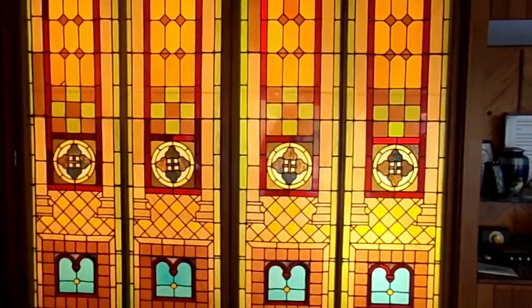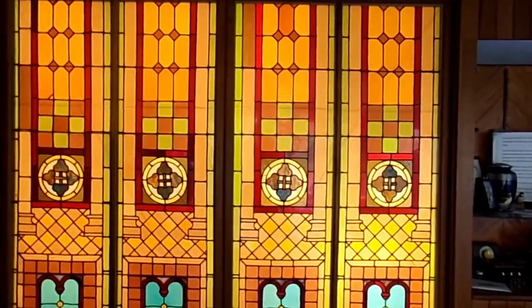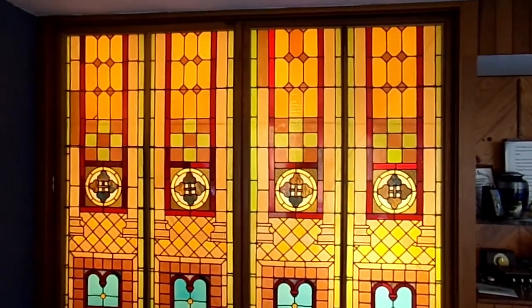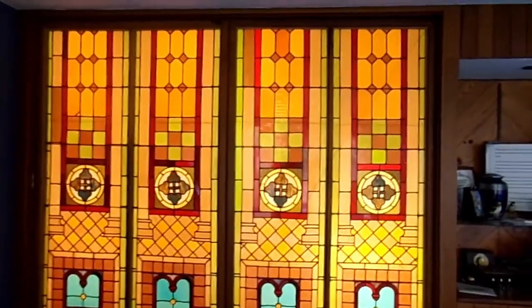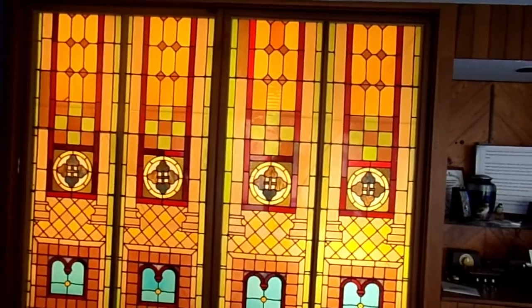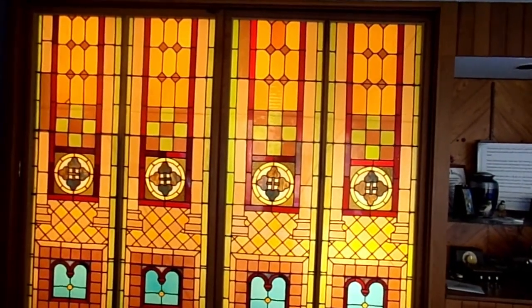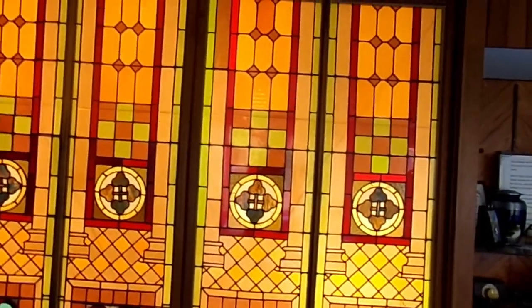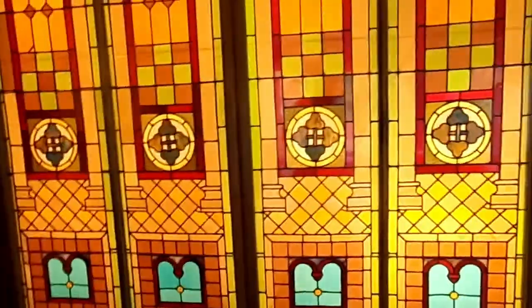These stained glass windows came from a church that was demolished here in Duluth. The church was originally built in the 1860s, and Phil is the guy who designed and built this place. I'm not sure if he bought them, but somehow he got them from the church before it was demolished. It actually opens up, which is why this corner's kind of blank, just to make sure that there's really